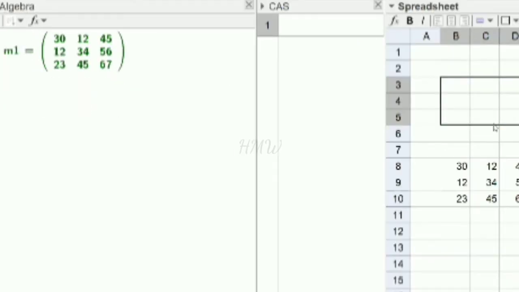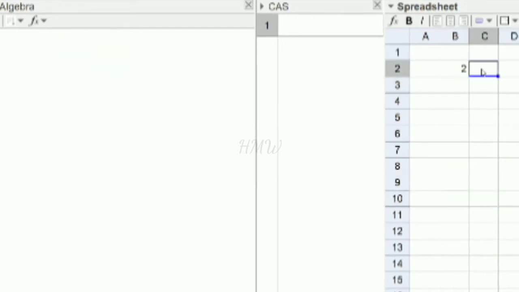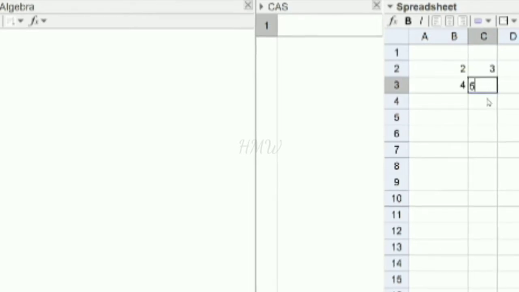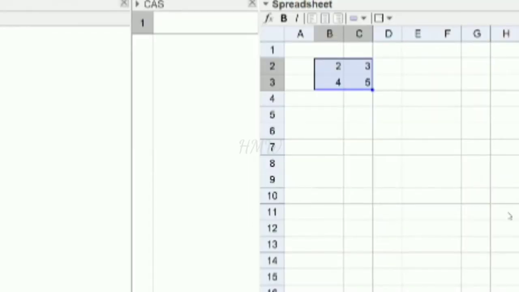Now let us take a 2 by 2 matrix. To input the matrix, you just type here. Now select this, right click, create matrix.